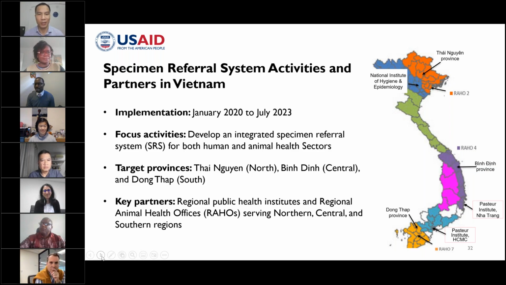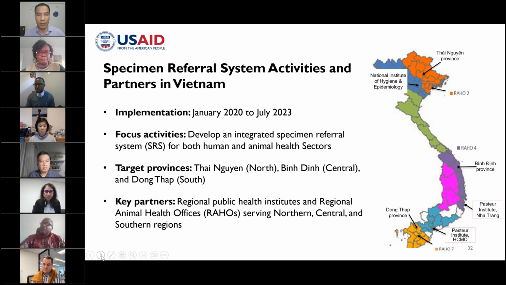Yeah, hi everyone. So first, I will give some of the background on the specimen referral system activity in Vietnam. It's one of the major activities in IDDS GSS, and we have two major sectors we currently work with: human health and animal health. On the human health side, we focus on the public health institution and laboratory, and not yet the curative sector. What we refer to is the hospital and clinical